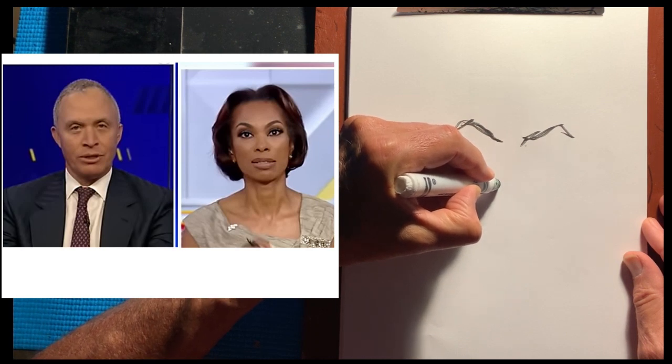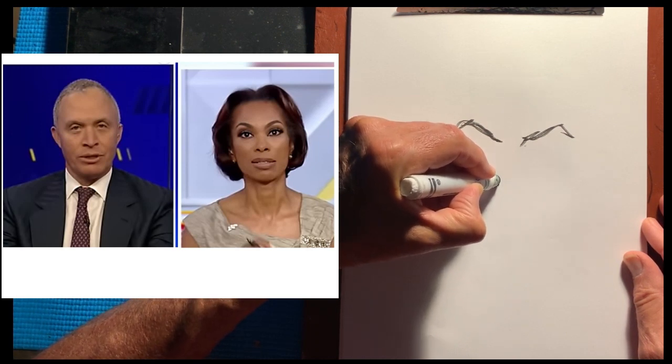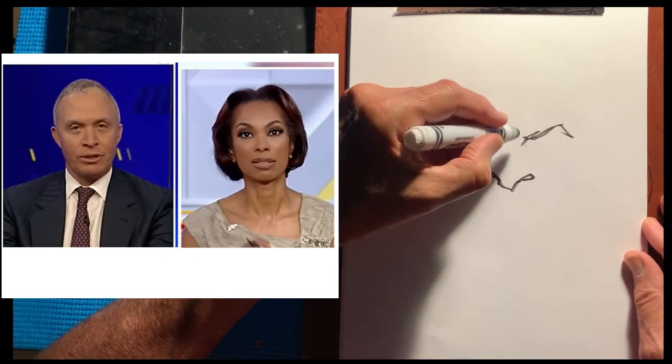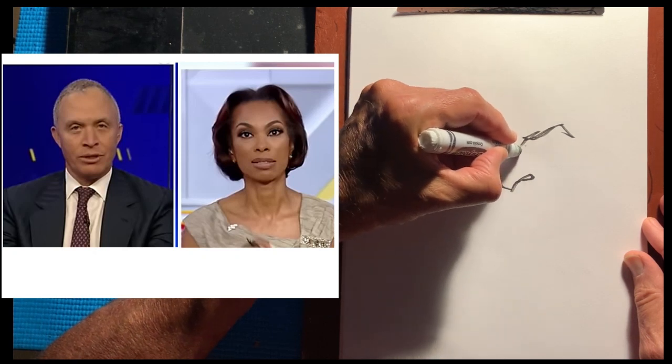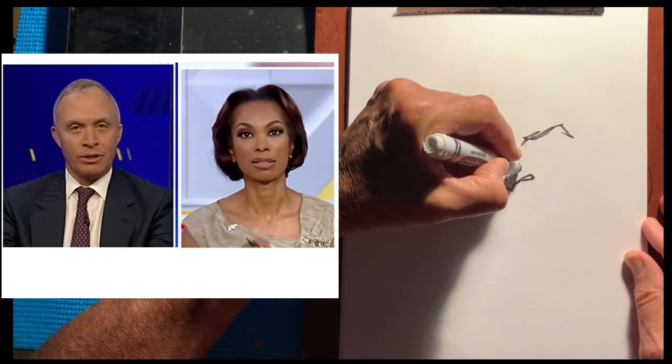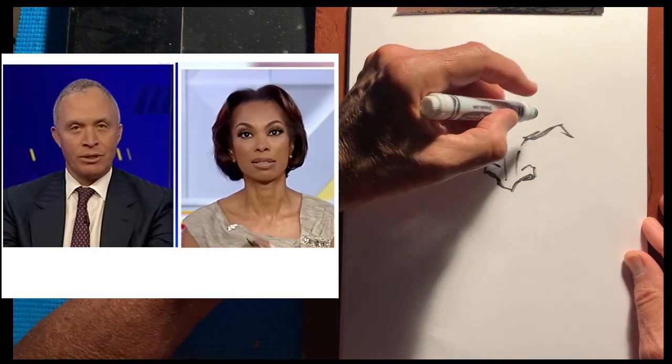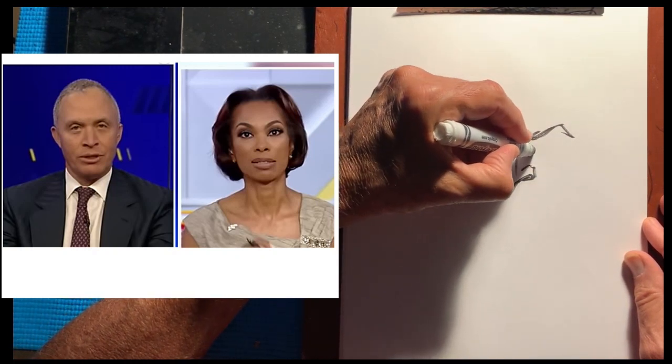His nose is kind of not that long, but it's droopy, and he's got these flaring nostrils. And the most distinctive feature,